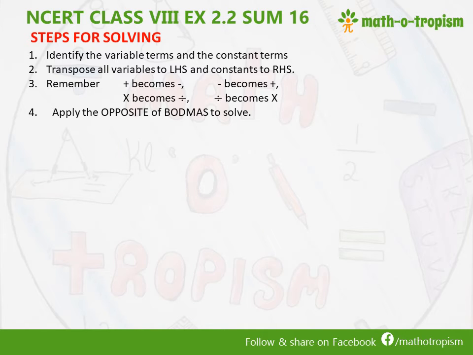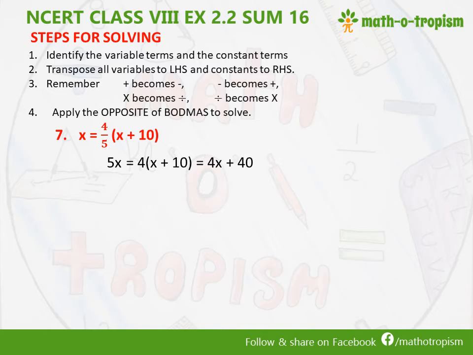Next sum is x = (4/5)x + 1/10. Here again the distributive property can be used, or we can directly do cross multiplication of 5 to the left hand side, to make it an easier equation. So I will just multiply 5 to the left hand side. So it becomes 5x = and I am going to use the distributive property. So it becomes 4x + 10 into 4, which is 40.